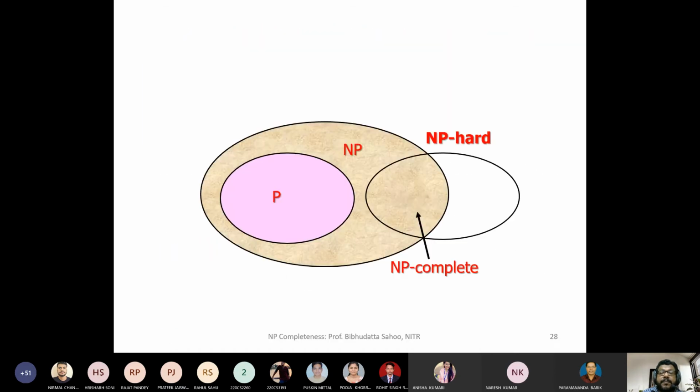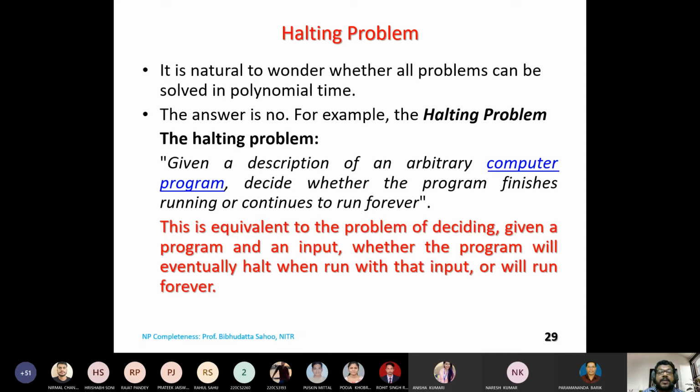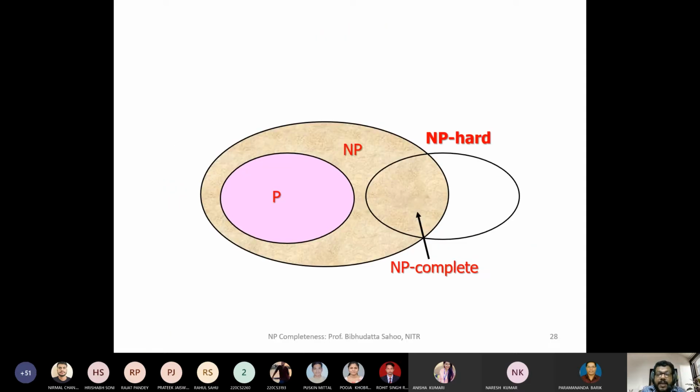Yeah, look into this diagram. How is this diagram coming into the picture? This diagram comes into the picture based on the votings of the experts, not by fact or by a weight by which this diagram is designed. You see, out of all the problems that belong to the NP category, where we do not have any known polynomial time algorithm, a subset is P. That means P is the set of problems that can be solved in polynomial time.